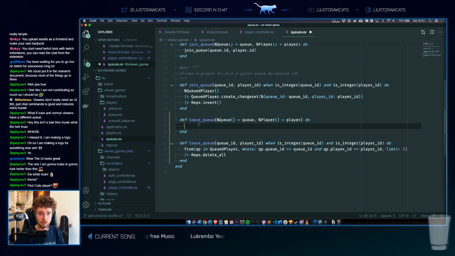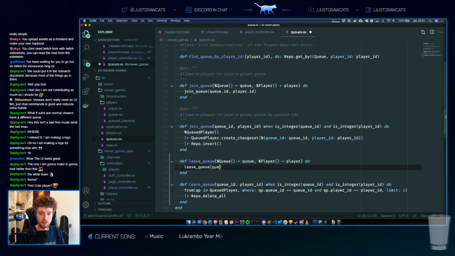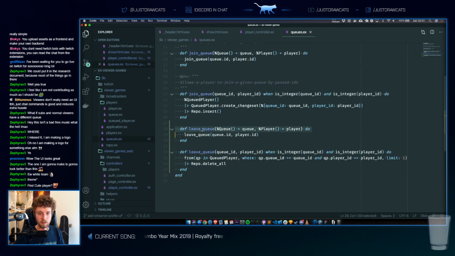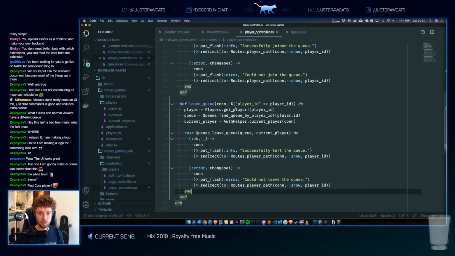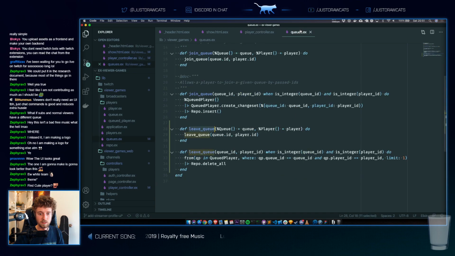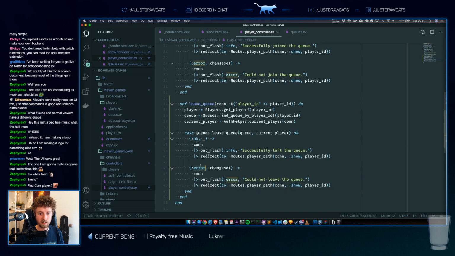So then we do leave queue.id and player.id. Okay. That should work. No idea what kind of error this is.